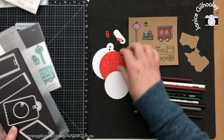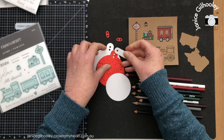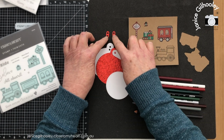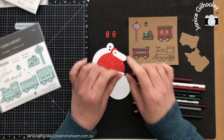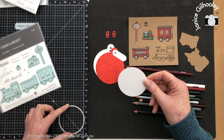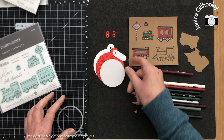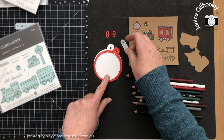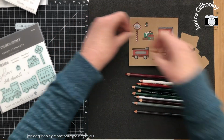You can see I've already pre-cut these. I'm going to use the large circle. I've got this little element here that I'm going to do as a little bit of a swing tag, and I've also got these little tag feature elements here that are all ready to go. And I've also gone ahead and I've cut a stitched circle. This circle is roughly 2.5 inches. So if you have a 2.5 inch circle in your set, I think it fits quite nicely within this circle die cut. So I'm just going to put these aside for now and we're going to get on with the